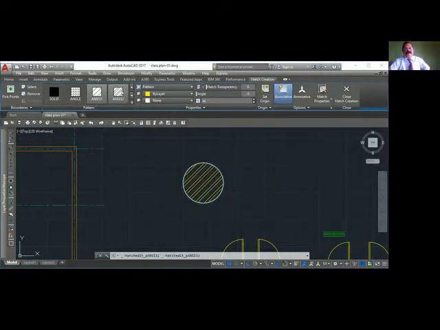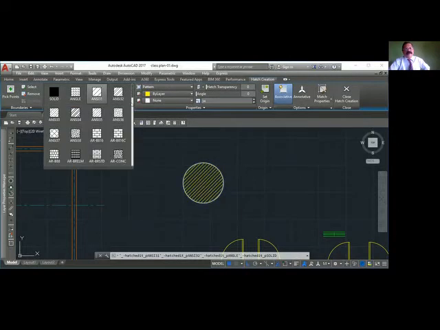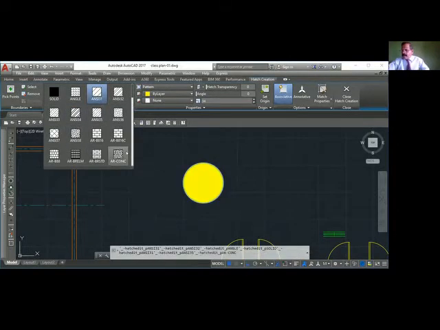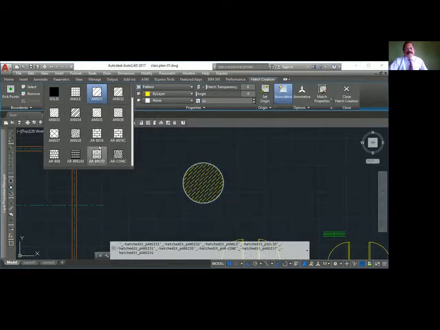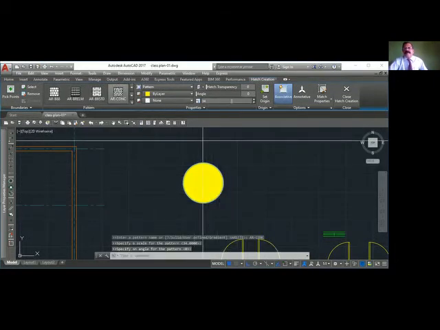If I want, I can change this pattern. This is solid. I can find another pattern here. Click here. There are different other patterns available. Okay. Suppose you want to put concrete. This is concrete. In that case, you have to change the scale again.